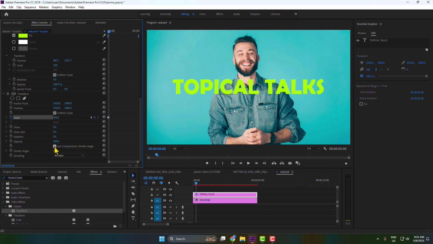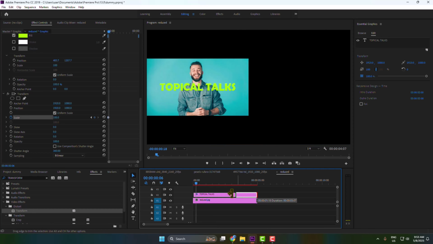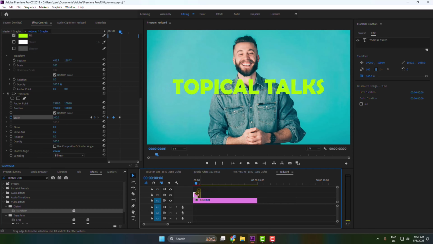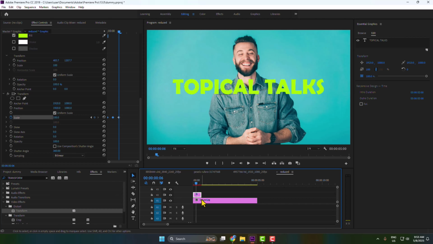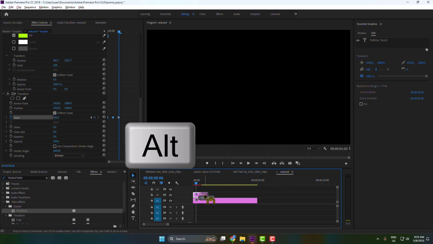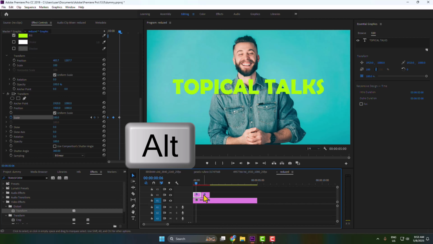Now uncheck this option and shutter angle give here 360, and after that I'm just decreasing this text layer length to 2 seconds only, and then holding the Alt key and making duplicate of this text clip for 3 times,